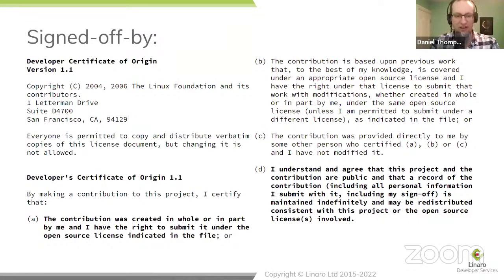So you are asserting that your company has given you permission to submit the code that you've written under the open source license indicated. And I don't think it's very interesting to think about the legal effects of this certificate of origin. The lawyers for the Linux Foundation do believe that it has a useful legal effect, and they know lots more than me about the law.